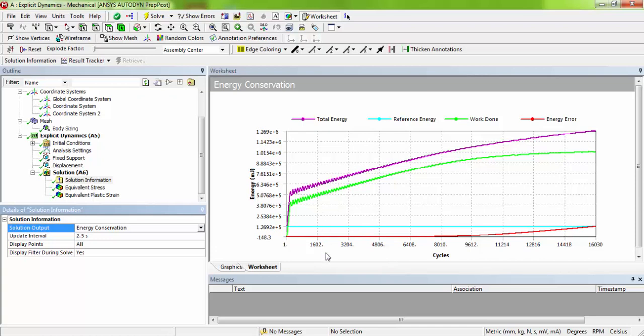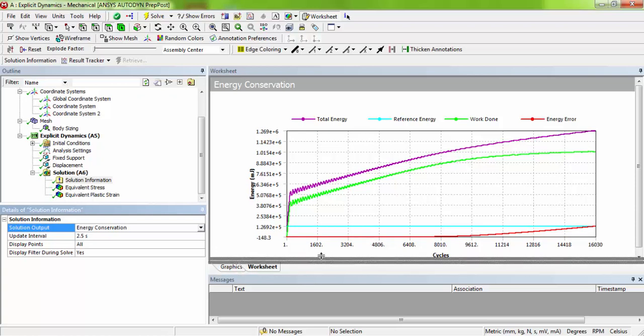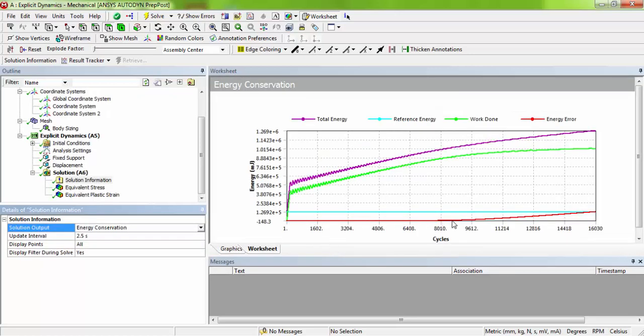How much percentage of energy error is calculated for this analysis is also mentioned in red color. It should be almost a straight line, but in our analysis it slightly goes upward while completing the analysis cycles.